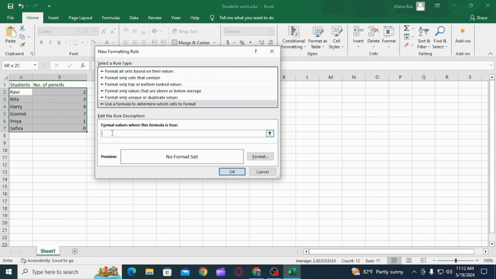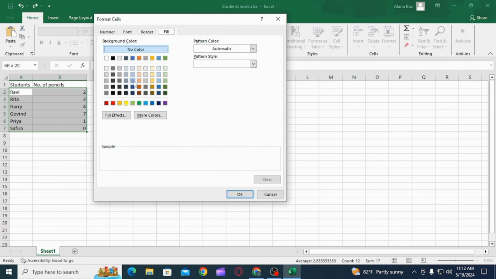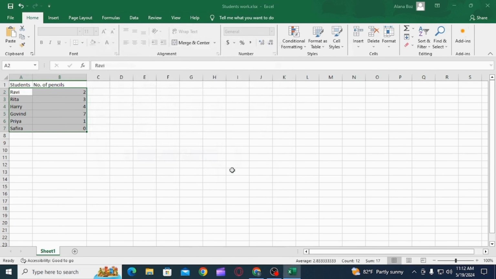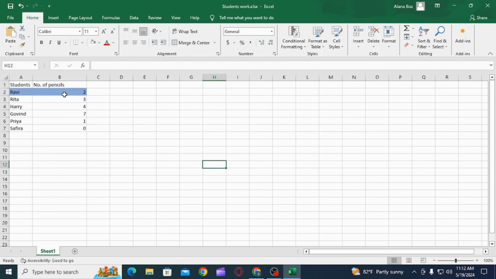Use a formula to determine which cell to format. Here it says Format Values, where this formula is true. You want to type equals row bracket, the cell that you have selected, bracket close, equals cell, bracket open, quotation row, quotation close, bracket close. Once you have typed the formula, click on the Format option and select a color. Now click on the OK option and click on OK again, and now you will find that the first row